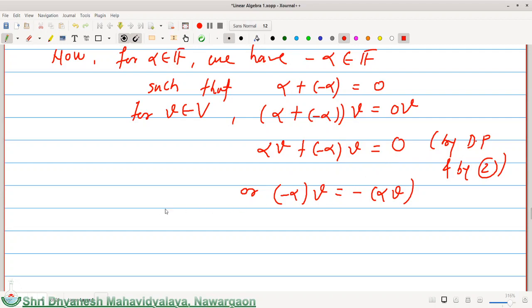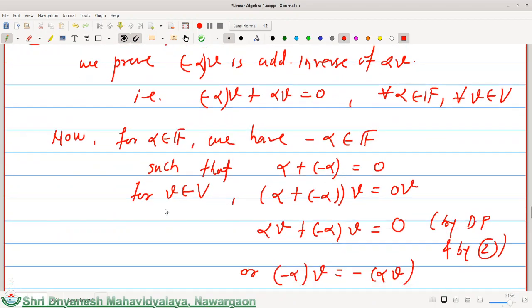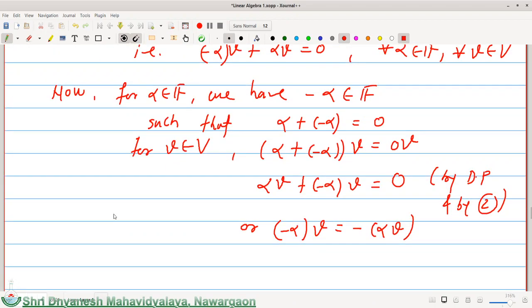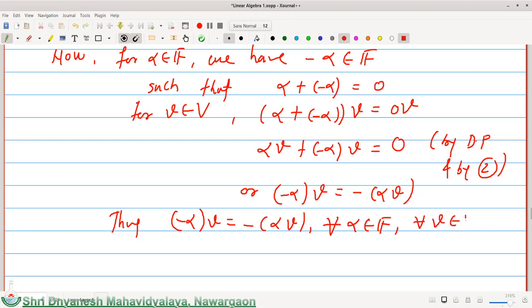Hope this is clear to you. So in the end you can write: thus minus alpha into v is equal to minus of alpha into v for all alpha belongs to F and for all vectors v belongs to V. Okay,